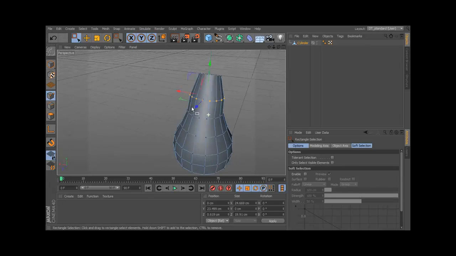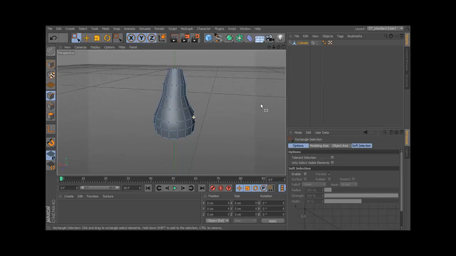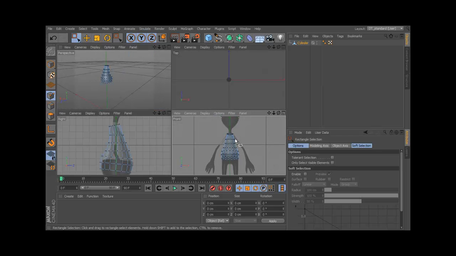Okay, and if we take a look at it, this is the basic shape that we get, which is a good starting point for our character's body. Okay, we can then build out the connection for the legs and that sort of thing. So in the next lesson, let's do that. Let's prepare an area for the legs to connect